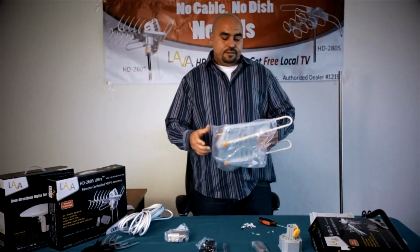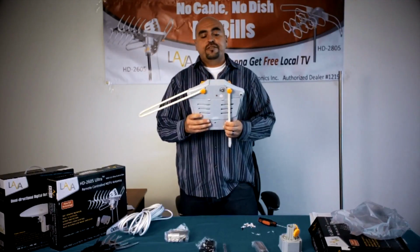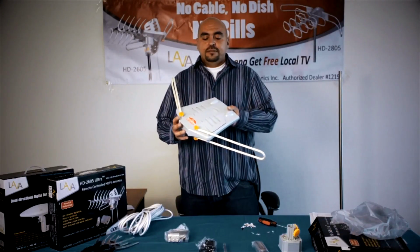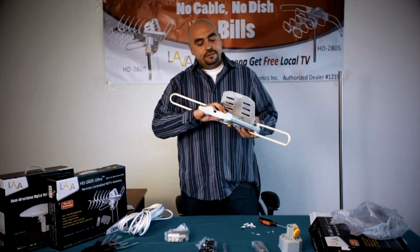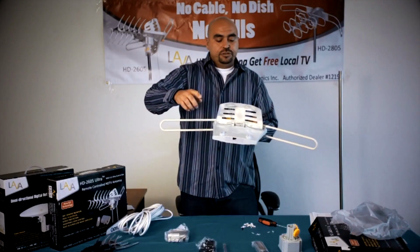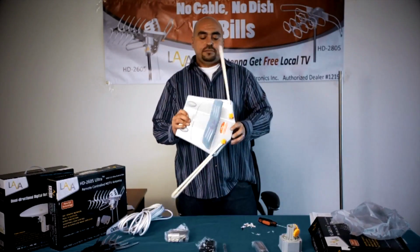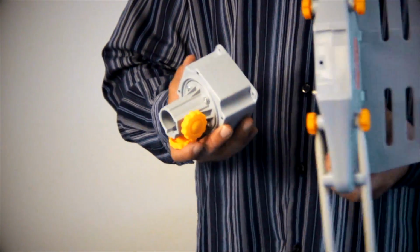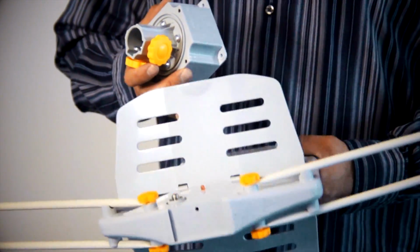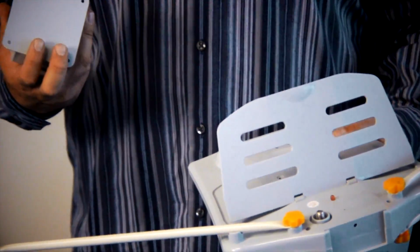Get the main unit out of the plastic bag and go ahead and open up the frequency vibrators sideways, just like this. And the top reflector, open it up, and utilizing the under props, lock them into place by sliding them outwards so they click into place, and the under prop and the reflector is secure. Go ahead and attach the motor rotor to the actual main unit using the other 4 4x12 screws. Ensure that the pins are spring loaded and they do pop right back into place. Once you have confirmed that both pins are spring loaded,